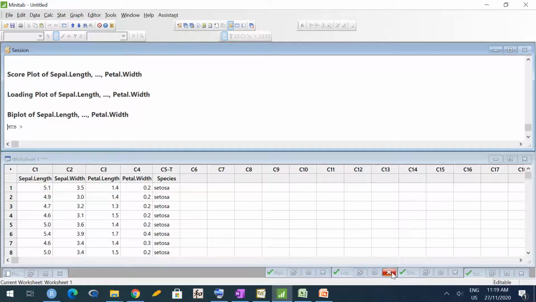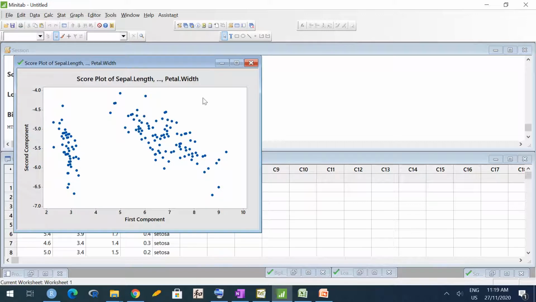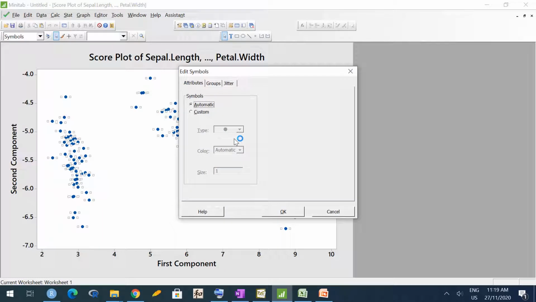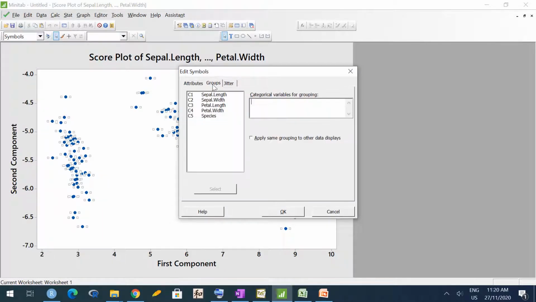Now let me go to score plot. Okay. You remember how we compute scores? We use those equations that we discussed just now, put in values corresponding to every observation and get this. Of course, for correlation based PCA, you will have to first standardize your variables and then use them to get the scores. So here let me try to indicate species by different colors.